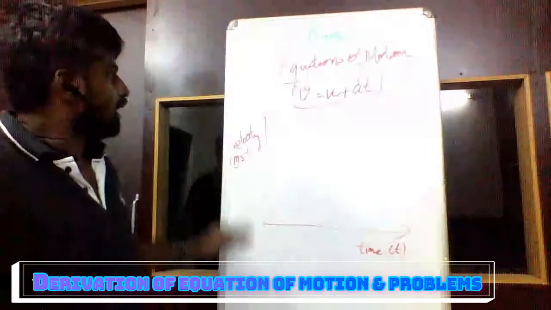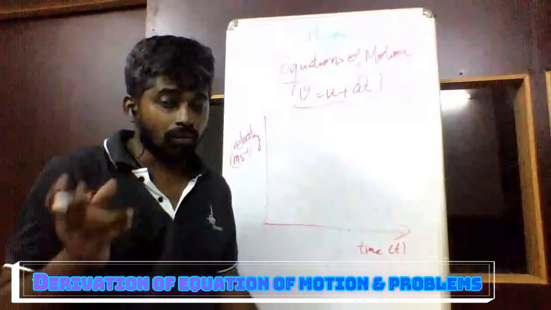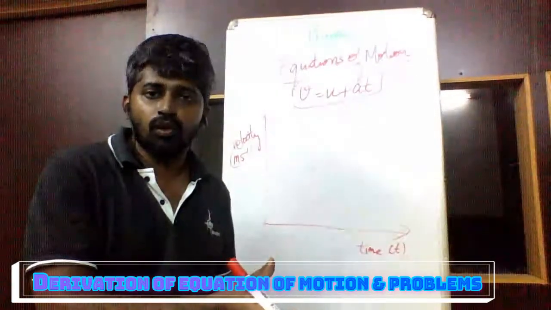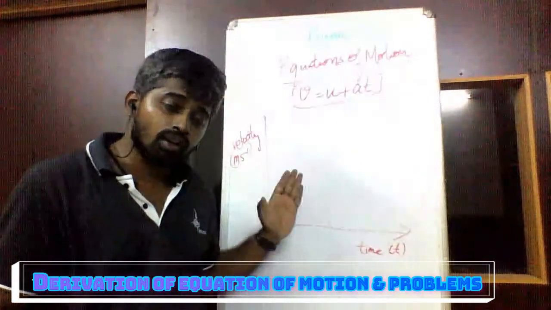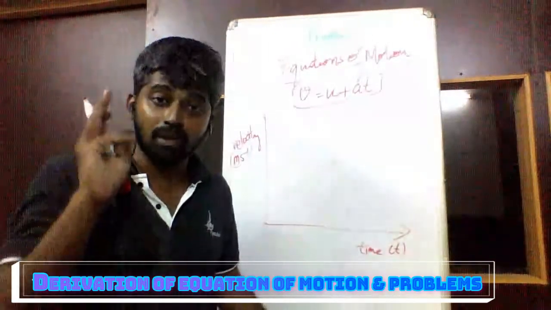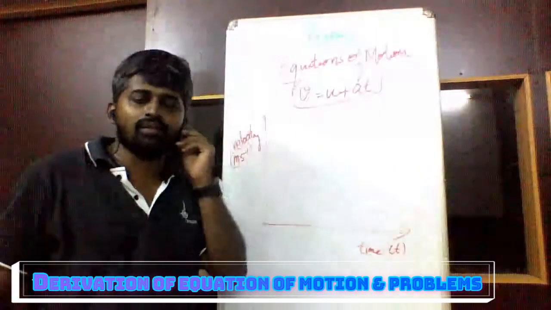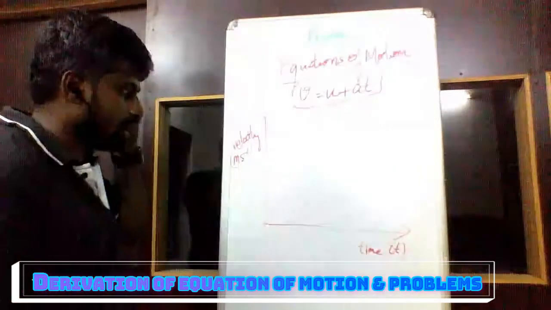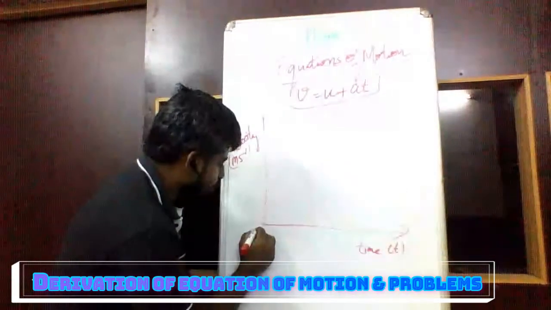Now, in this velocity time graph, as I reminded you just a couple of minutes before, from the velocity time graph we can find displacement. And how do you find the displacement? The area under the curve. Okay, that's it. Now let us say this is origin O or point A.